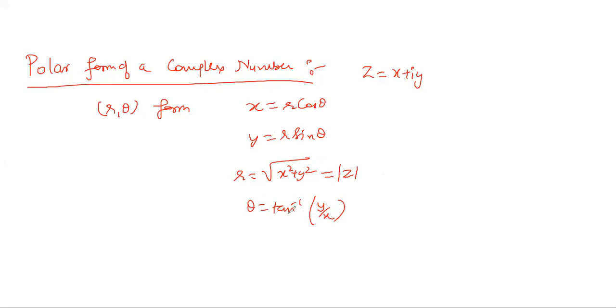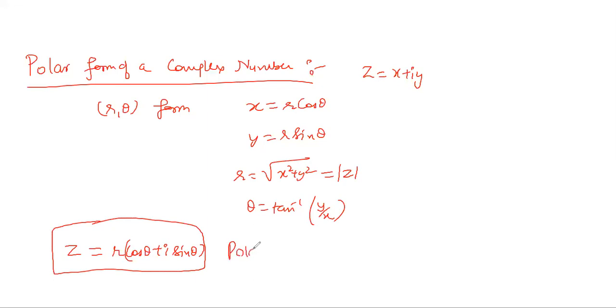That is what r is. And this form, let me write it first. z is r cos theta plus i sine theta. I substituted x as r cos theta, y as r sine theta, and took r common. So this form is known as the polar form of a complex number,